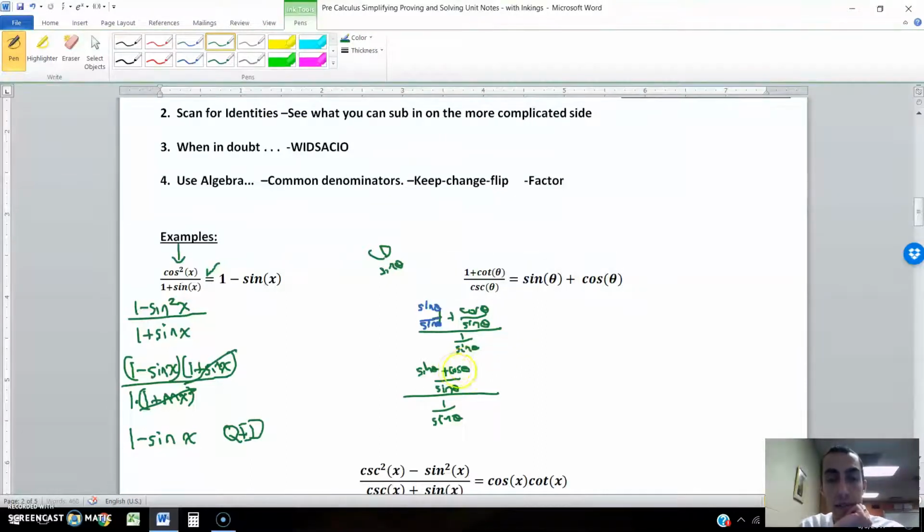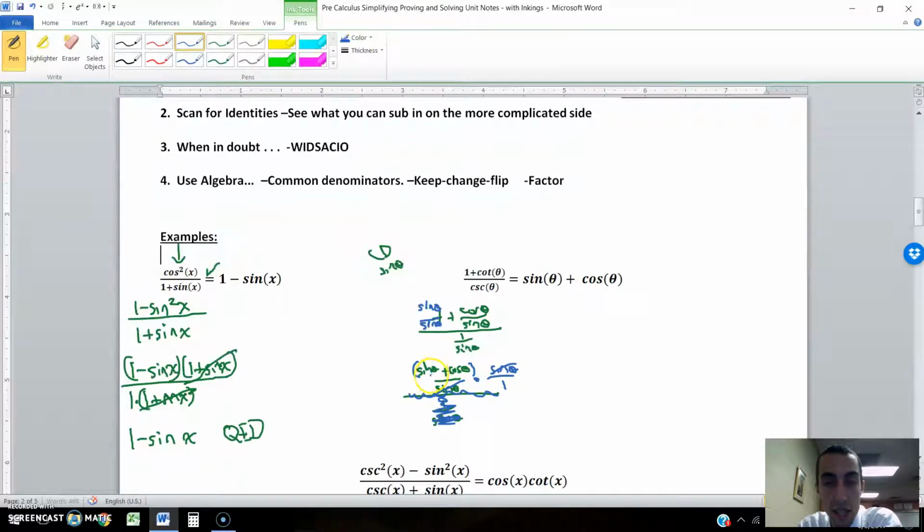Now, I have a fraction divided by a fraction. I'm going to use this keep, change, flip concept. So I'm going to keep this first fraction the same, change my dividing into multiplying, and then flip my second fraction. So instead of dividing by 1 over sine theta, I'm going to multiply by sine of theta over 1. Now what do we have? I have two fractions, and I've got a factor of sine of theta on the top and on the bottom. This is in factored form because if we multiply the two fractions together, it'd be this times sine of theta. So factored,